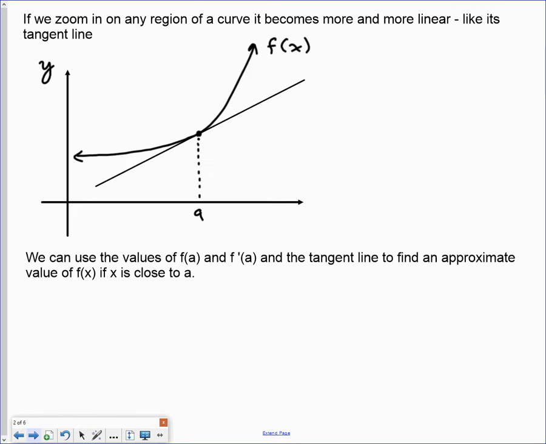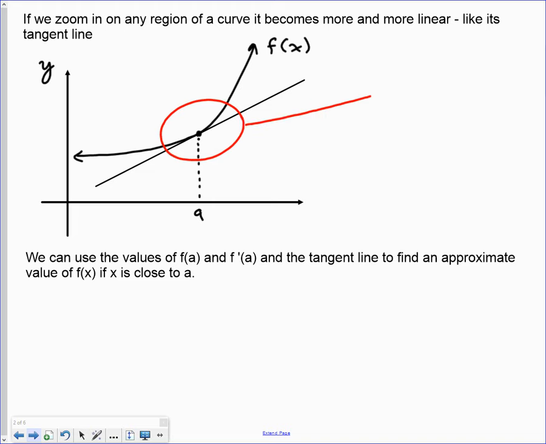So we've got to imagine that we've got some function f of x here, which has some curvature to it, and we can construct a tangent line to the function at a particular point. The point here is a. Now, if we take a look at this function f of x, it's got a certain curvature to it. But if we zoom in on any tiny little region of it, like right in here, and we make it much, much larger, what we would see is that